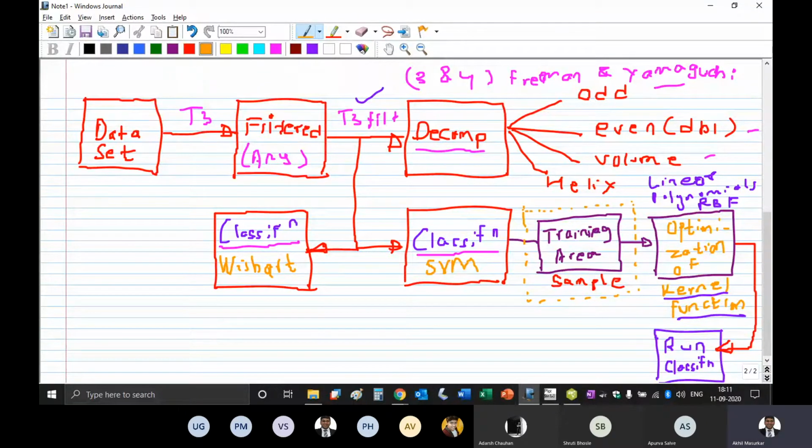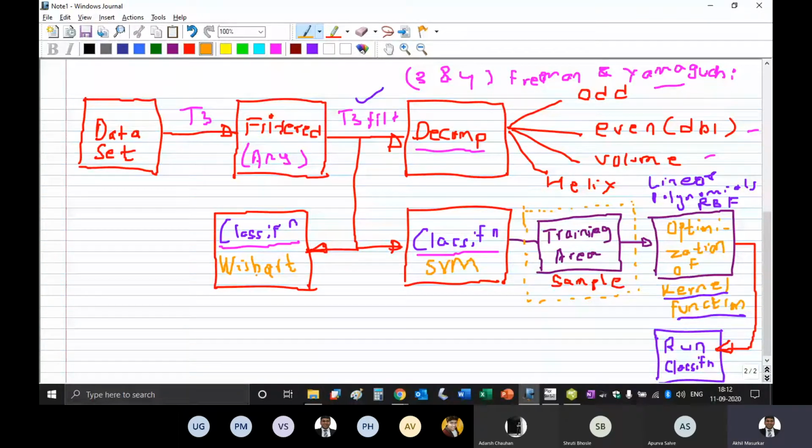So today what we are going to do is see how to keep the training areas the same when we are using multiple, different classifiers. Some of the classifiers might not require this kernel function optimization. They have this optimization inbuilt inside them.